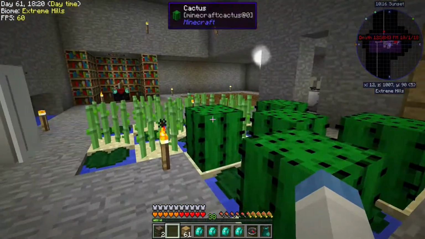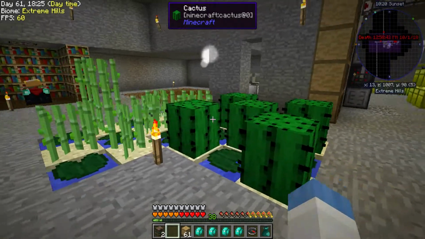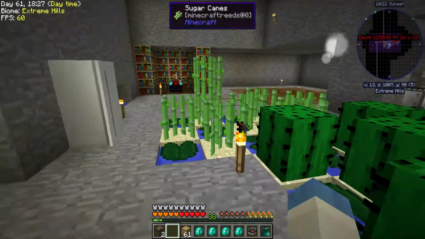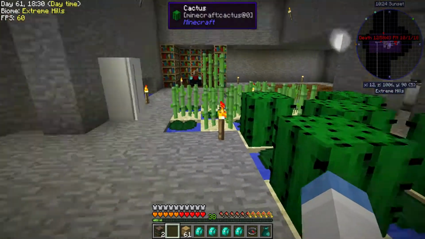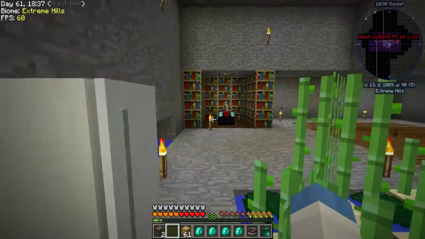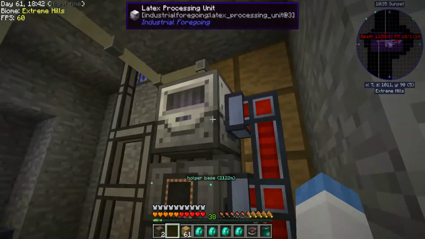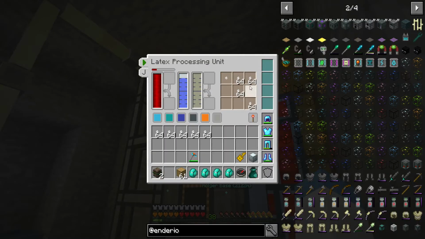Filtering and stuff. I've actually increased our sugarcane and the cactus farm. Actually, I added a sugarcane and added a cactus farm. Major Lady gave me a refrigerator and stuff. I've got my enchantment table set up going. And let me grab these real quick out of here because I'm going to start setting up the enchantment stuff